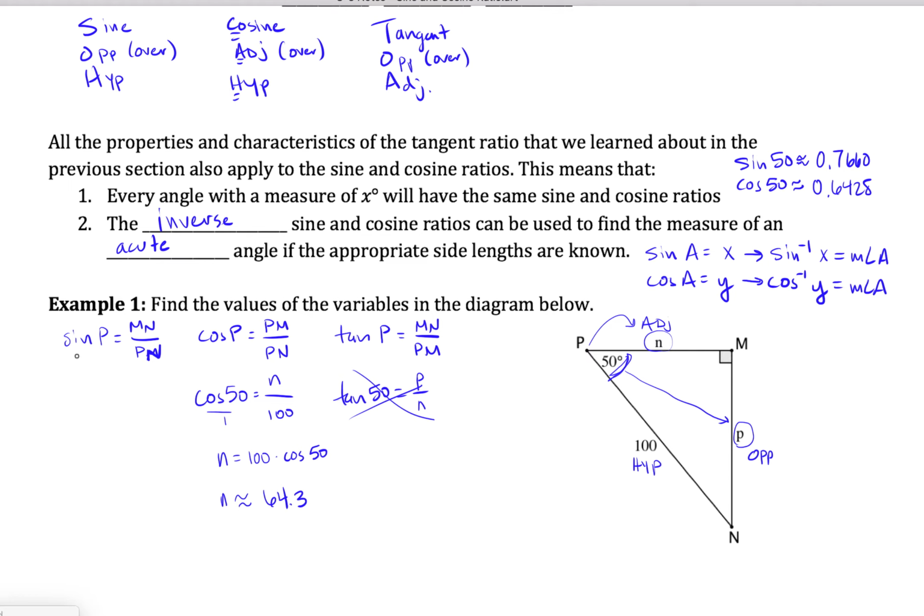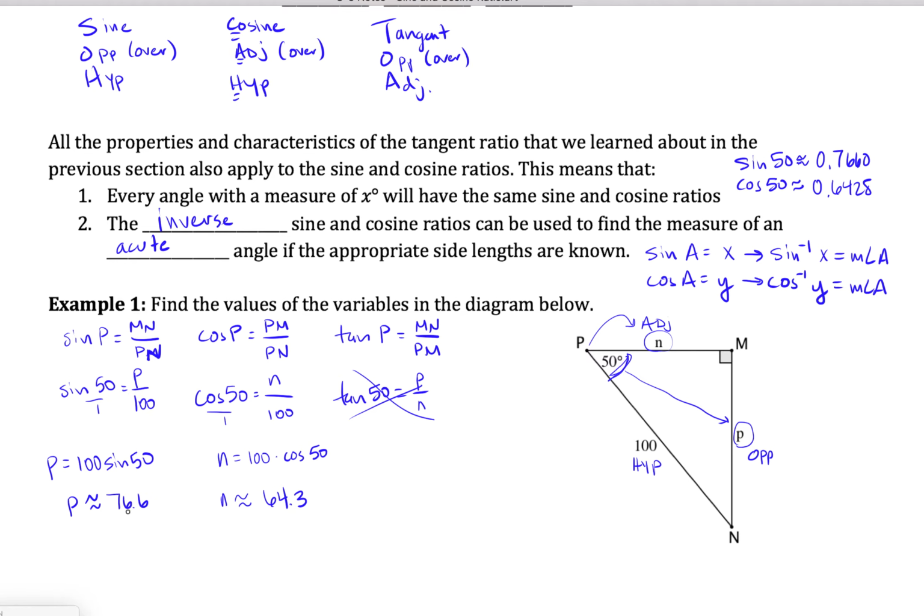Let's come over here and let's use sine. This should tell us our value for p. I'm going to say the sine of my 50-degree angle is equal to MN, which is p, over PN, which is 100. And again, if I put this over 1 and cross multiply, that isolates the p, because p times 1 is just going to give me p, and I will have 100 sine 50 over here. So now I can grab my calculator and I can type in 100 sine 50, and it's going to tell me that it's about